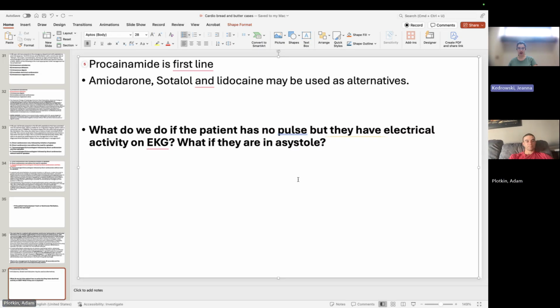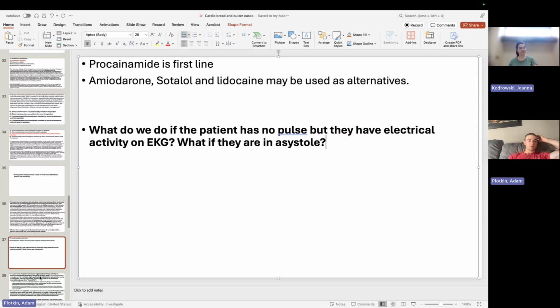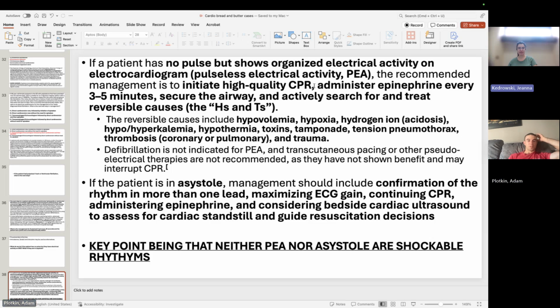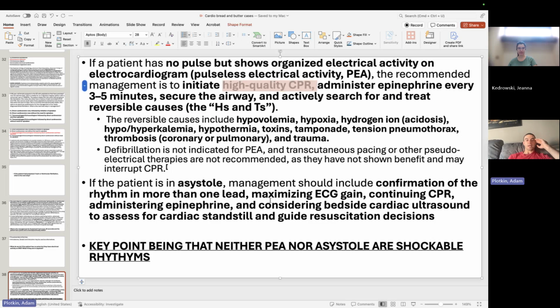These are not shockable rhythms, but we want to get them into a shockable rhythm. So then medication, probably epinephrine, amiodarone. We're going to do CPR, and eventually we can do the epinephrine, amiodarone. But the right answer would be CPR in these. These are not shockable. We want to look for the 5 H's and the 5 T's: hypovolemia, hypoxia, hydrogen ion (acidosis), hyperkalemia, hypothermia, toxins, tamponade, tension pneumothorax, and thrombosis and trauma. Those are all causes of PEA and asystole.